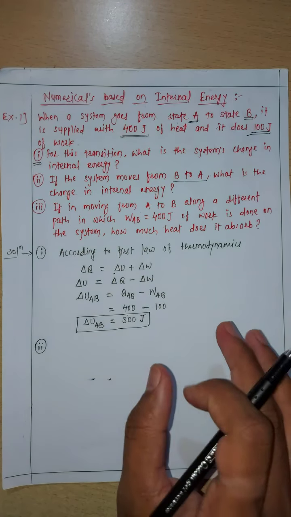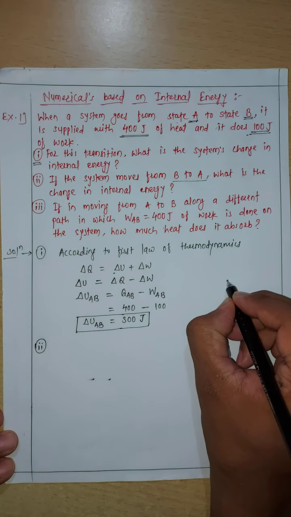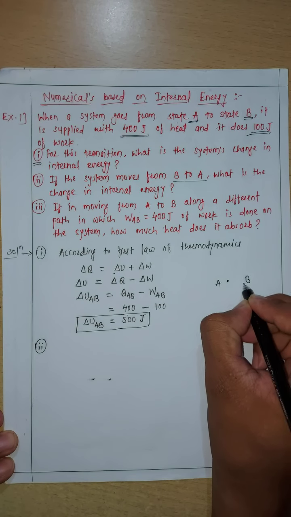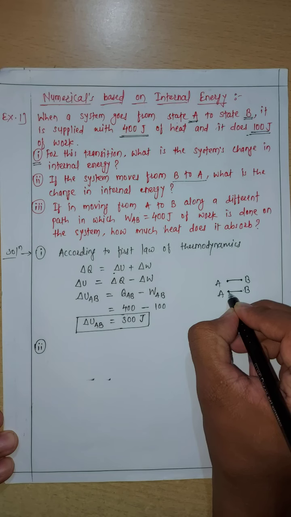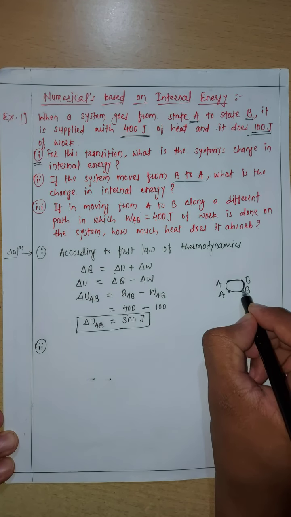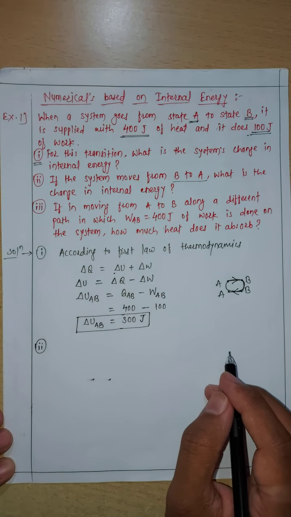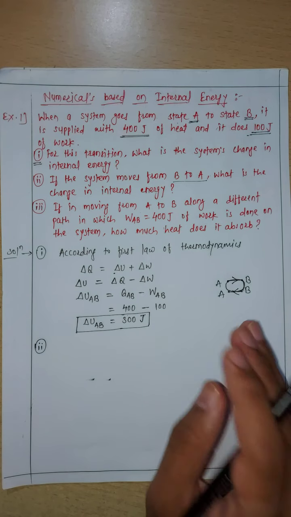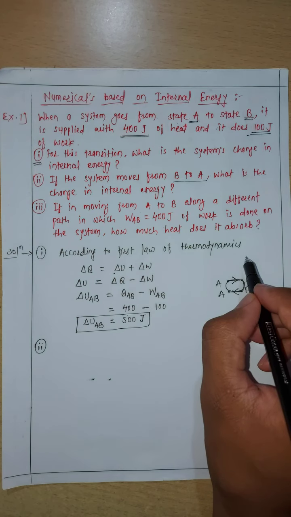If we consider that closed path for that system, firstly it will move from this point A to B, that will be the second point, and this is the path of the first one. Secondly it will move from B to A, that means from here to here it will be coming back. So we can say that this is a closed loop like this. Energy goes from A to B and then from B to A in the second question. So we can consider this a closed path.